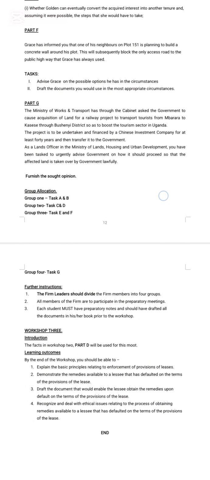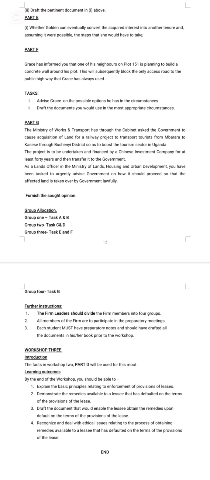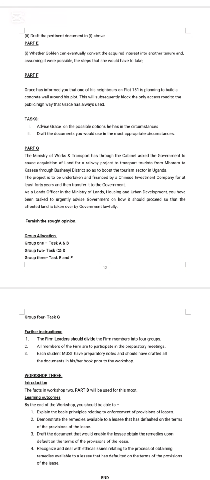So once you want access to a road, what basically is done is you have to write a letter addressed to the minister. So you write a letter addressing the minister, and basically you are seeking that you be granted access to the road.